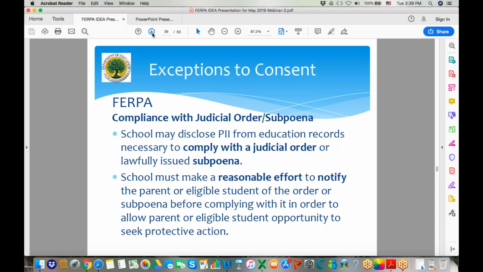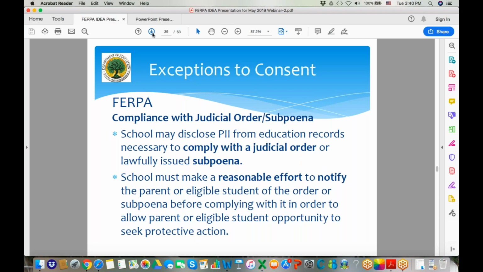Next slide, please. And in the IDEA context, the Uninterrupted Scholars Act may come into play when you don't have a clear parent and you may need to appoint a surrogate parent. There's a consultation requirement in the IDEA Part C regulations, and this is the exception that would enable that caseworker from the child welfare agency to speak with you. Thanks, Kala. It's a good point to add.